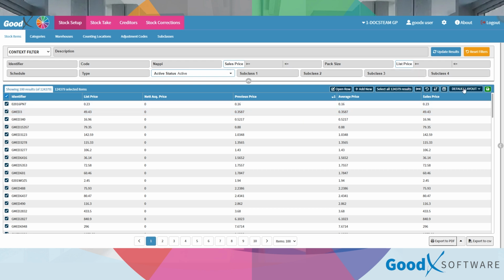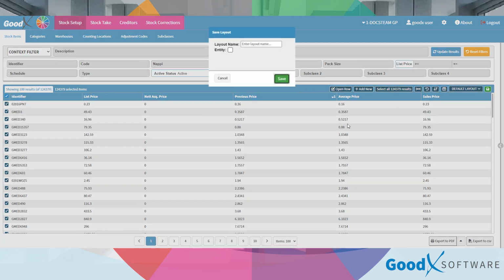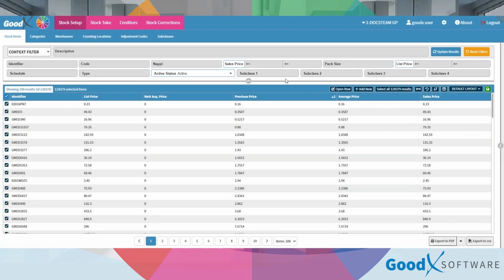Okay, right next to that, we've got the layout, and for the layout we only have the default layout. Right next to that, we can save the layout that we want. So if we just want this price information, we can save the information to say price list, for example. And if you want it related to an entity, we can select that as well, and we can